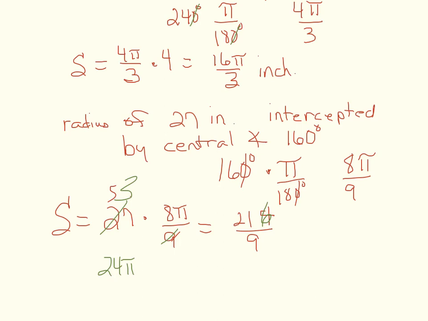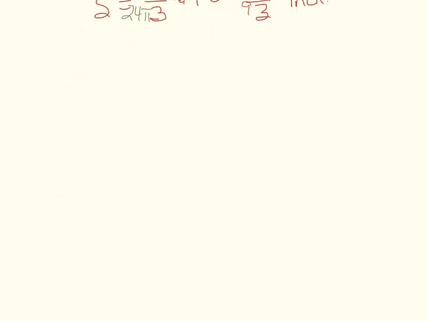All right. So we said that our intercepted arc is S equals R times theta. That's what we've been working with. And this can help us also analyze motion of a particle that's moving along a circular path. For instance, if we look